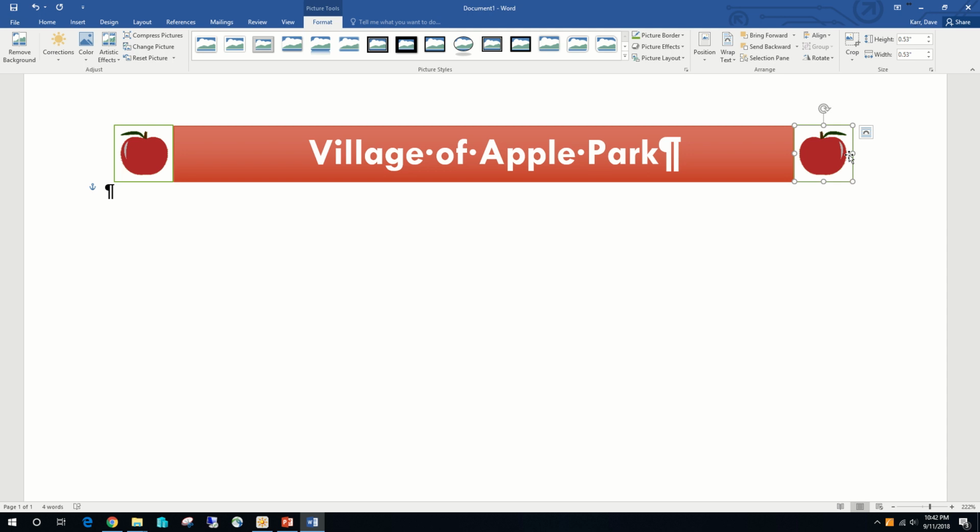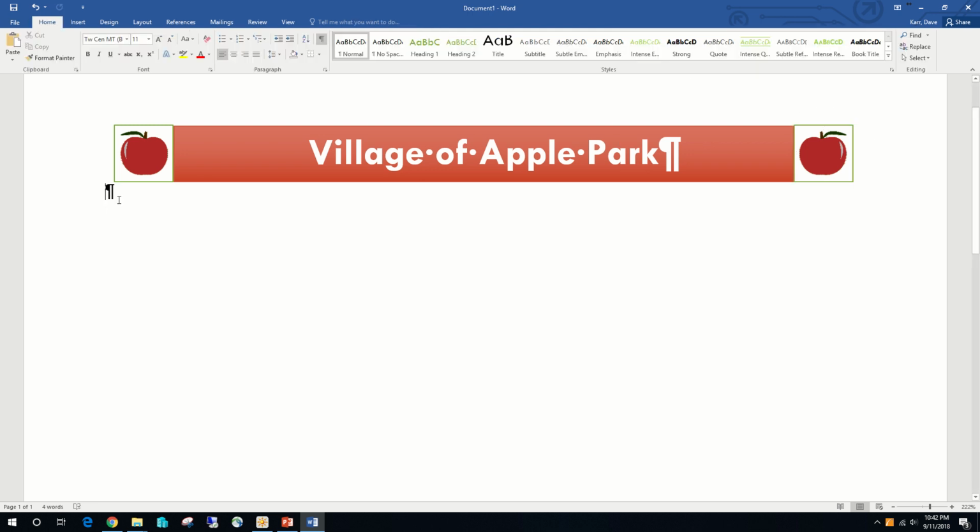Okay, now that we've done that, we're going to go ahead and start entering some text. So we will click where the paragraph symbol is down the bottom. We'll use Control-C or the center button, and we'll start typing the text. And the text that we're going to want to type will be in 12-point font. So we'll adjust that to 12-point font. We can use the Grow Font button, or we can type 12. And the text will be 15